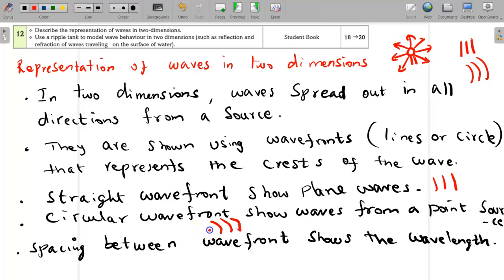If you have a point source, which means a small bulb, it will create a circular wavefront. Spacing between wavefronts shows wavelength. Now we have the plane wavefront. The space between the two wavefronts is the wavelength, lambda. Same as circular waves, the spacing between the two circular waves is also